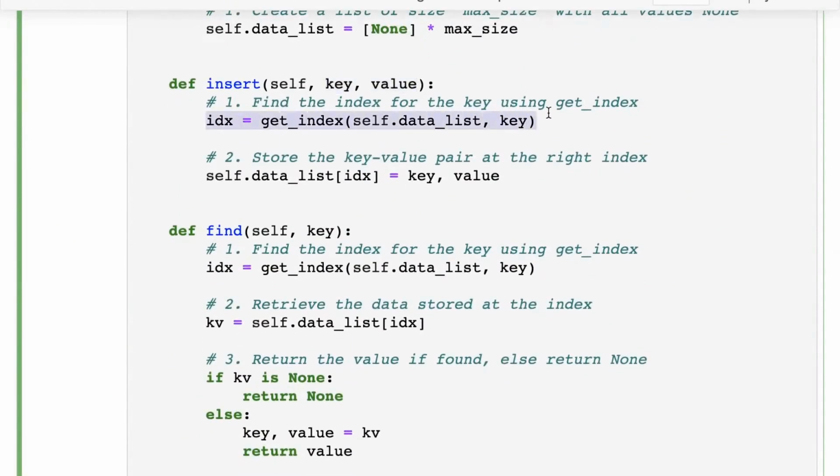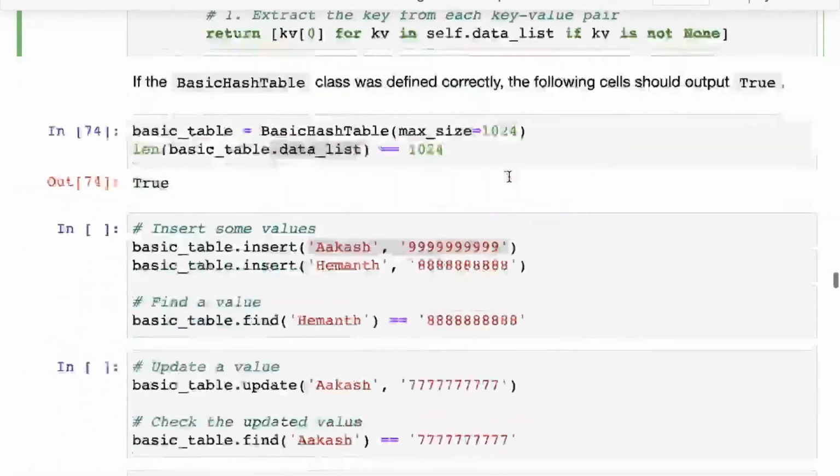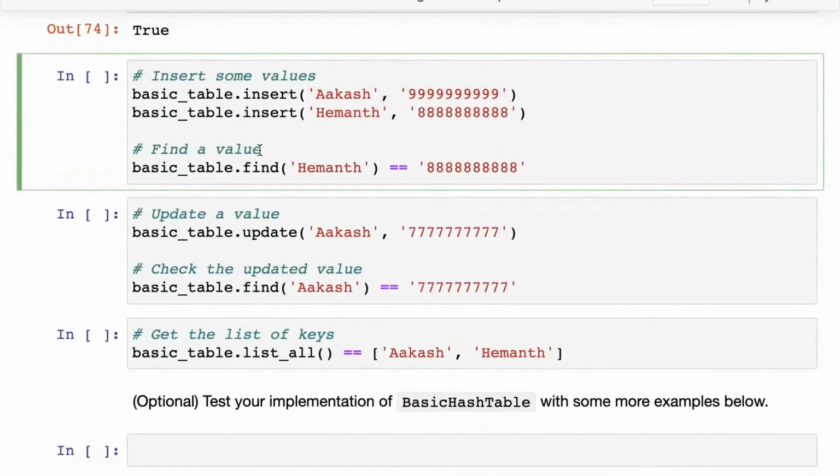So this code will execute. We will get the index within self.datalist for the key Akash, and then at the given index that we just computed, we will store the key value pair, which is Akash and the phone number. And that's how it will work.